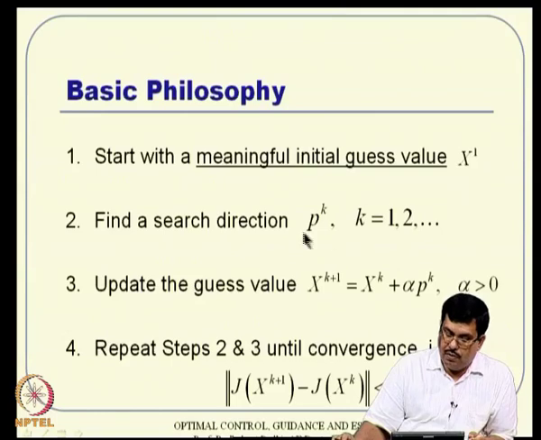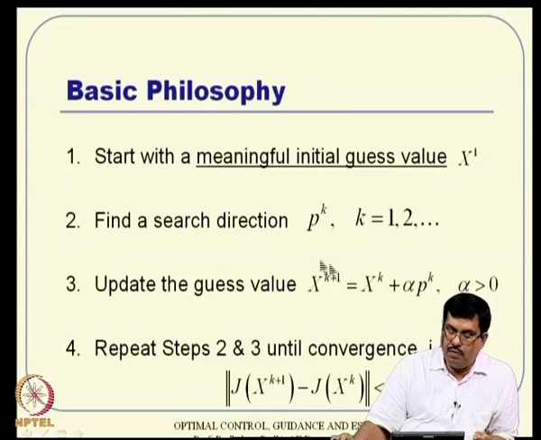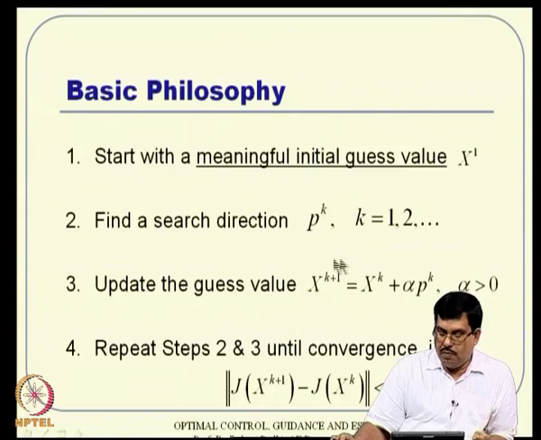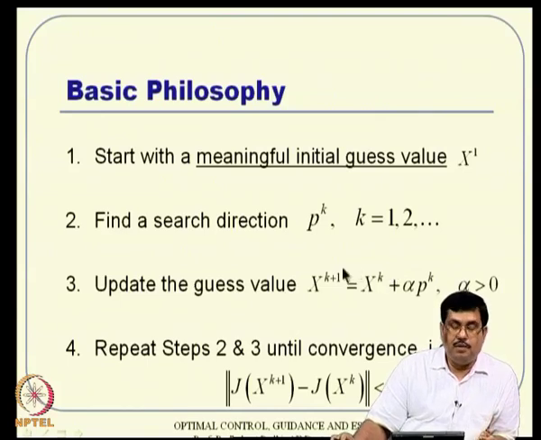Now, once you find a good search direction, then you have to move some step in that direction. In other words, our initial value, or whatever the updated value is, has to move a little bit in that particular direction. That means x k plus 1 can be updated this way: x k plus alpha times p k. Remember, p k is of the same dimension as the state. I keep talking about state because x is a state variable in general, but in a free variable sense, whatever is a free variable has to move in that particular direction.